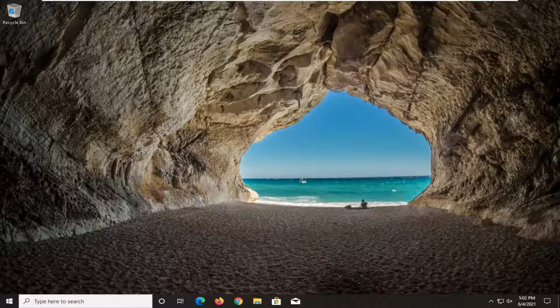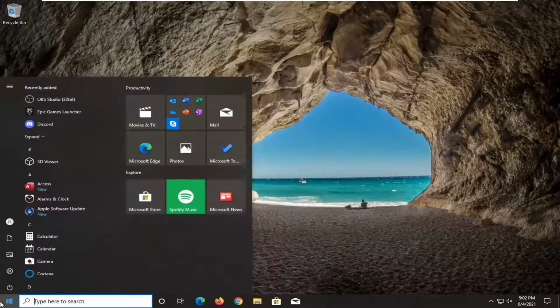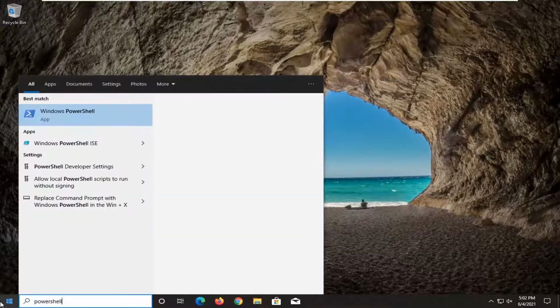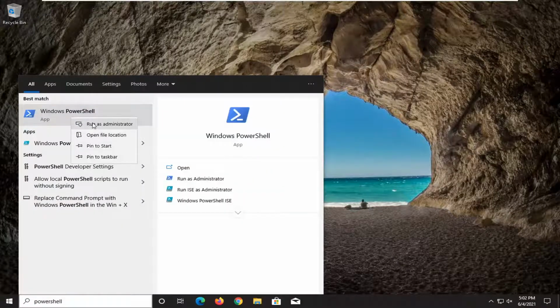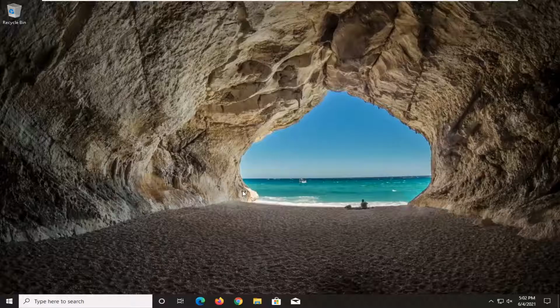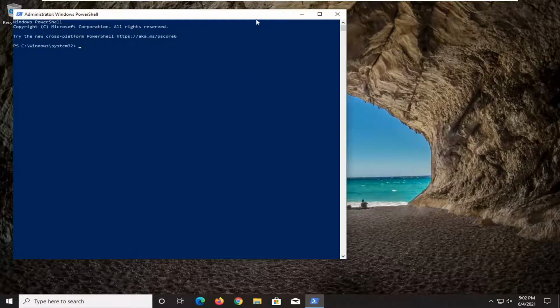jump right into it. So you want to go ahead and open up the Power User menu, so tap the Windows key and the X key. If you're able to boot into Windows on a different account, you can just type in PowerShell here and right click on it, select Run as Administrator, select Yes, and I'm going to have the commands in the description of